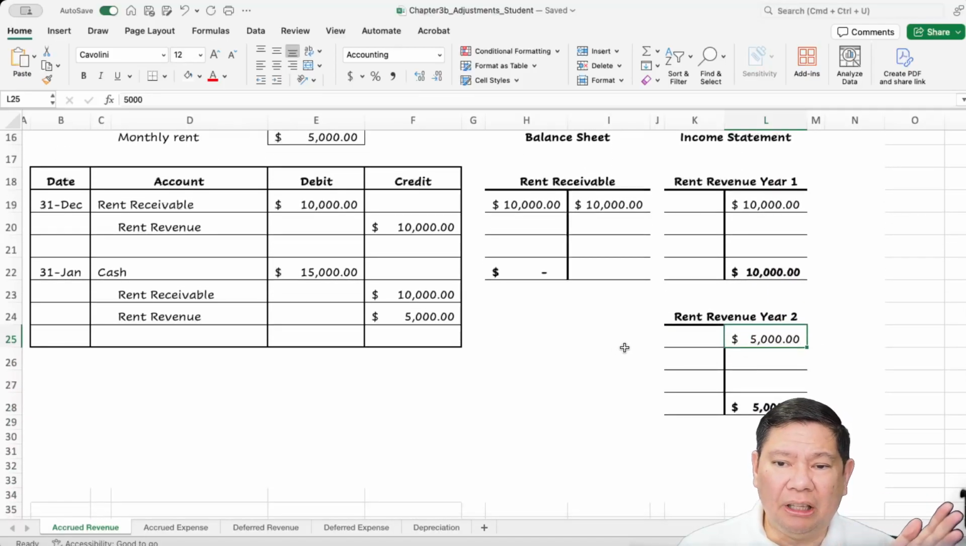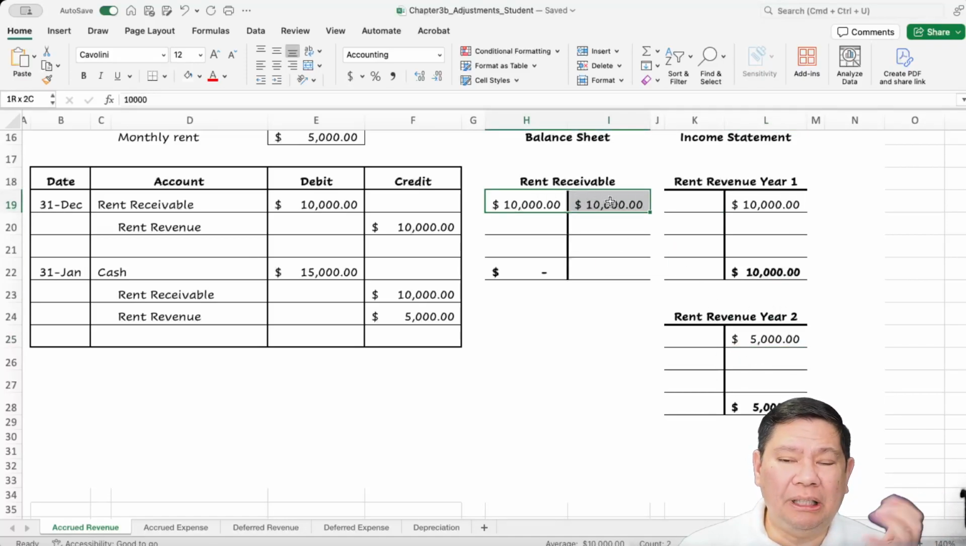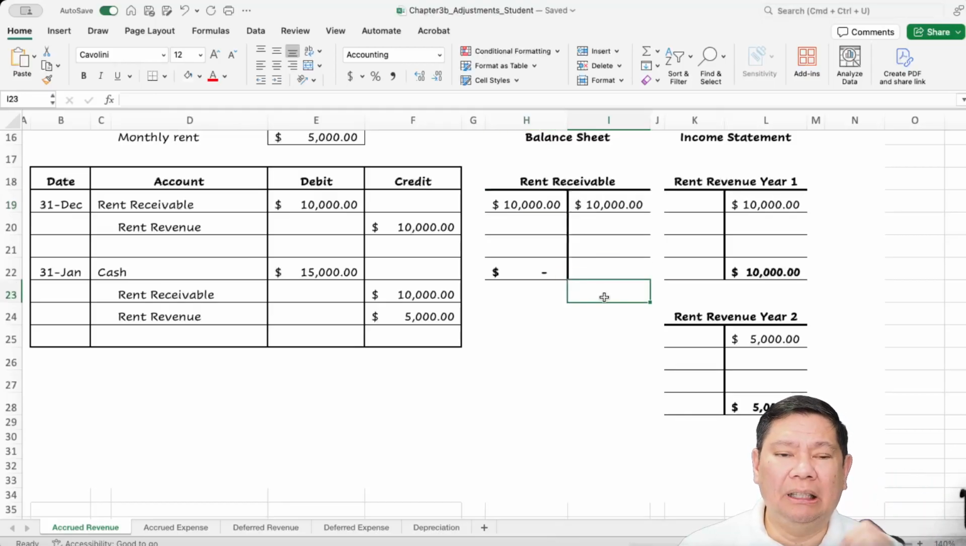Because if we did not do that, all 15,000 would be recognized here and there was no receivable. So our income statement was wrong, our net income was wrong, our equity was wrong, and our asset was wrong in year one. Okay, so it's very important to prepare an adjusting entry at the end of